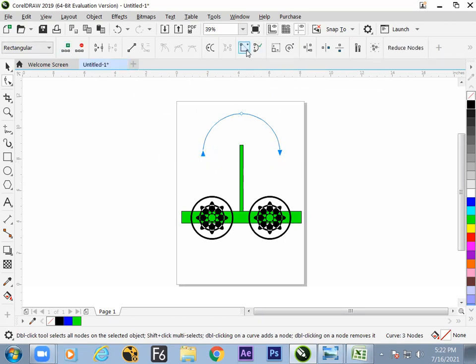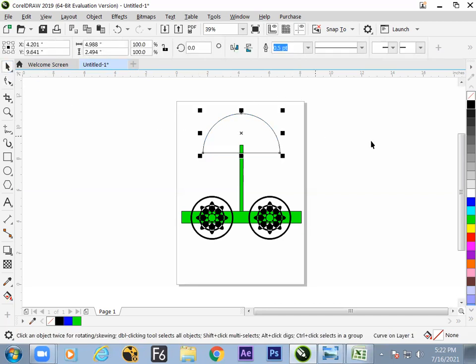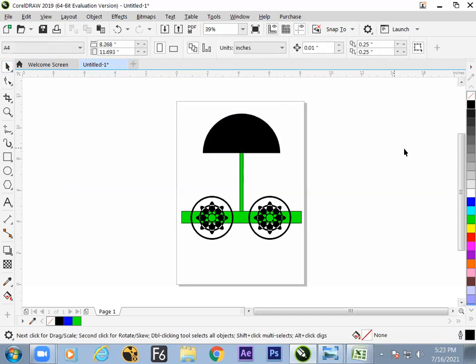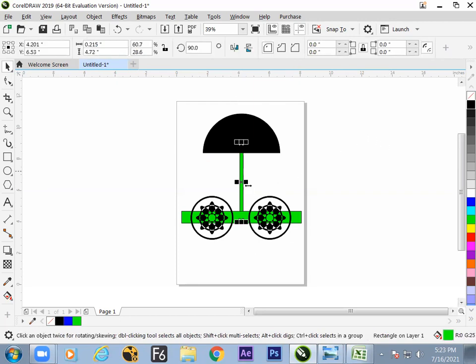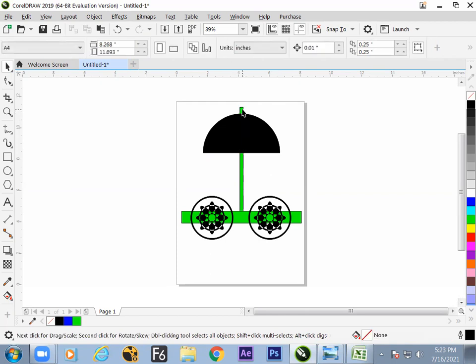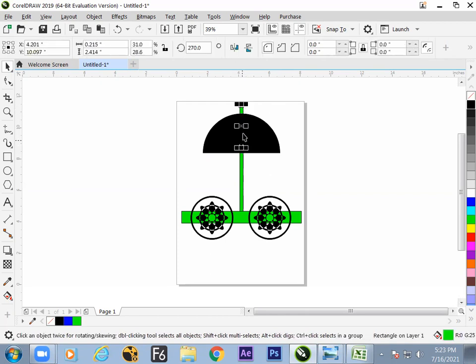Close it up straight. Now it is time to fill the color. So I hope we have understood how to fill the color. Now on the top, we need this design to go upside. Get it, plus, move it up. Now we need to make it sharp on the top side. How to make it?